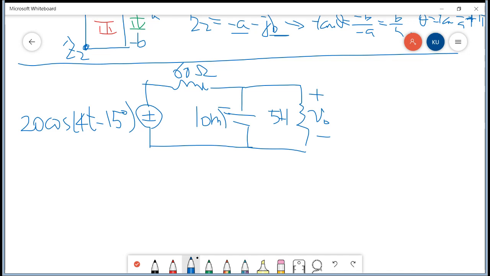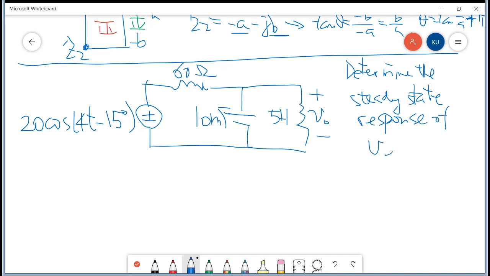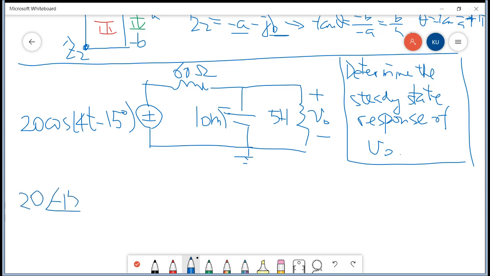So here, determine the steady state response of VO. Determine the steady state response for VO. So actually we use the phasor technique, then we can convert the voltage source like this,